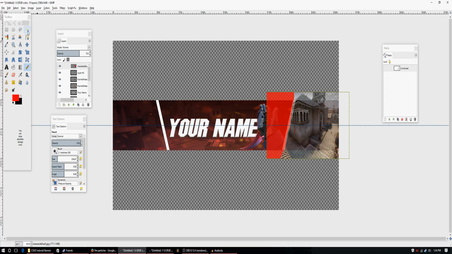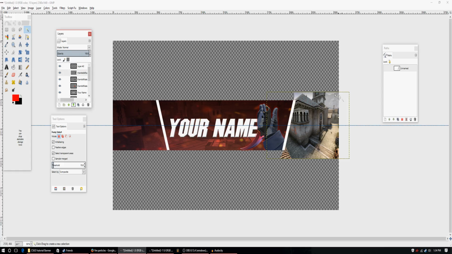And then from here, what we're going to do, you can change the opacity all the way up to 100 again. Look at how poopy this looks, right? Actually, you're going to click the fuzzy select tool, click on this, and hit delete. And you're going to see how that deleted that side of it. Well, now we're actually going to merge this layer down and see how that white line kind of covers up that nastiness. And then we're also going to use this tool to